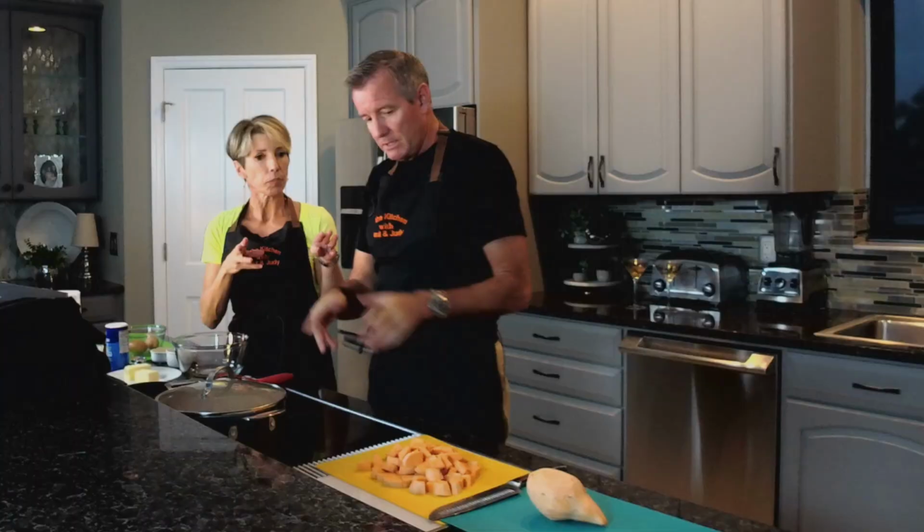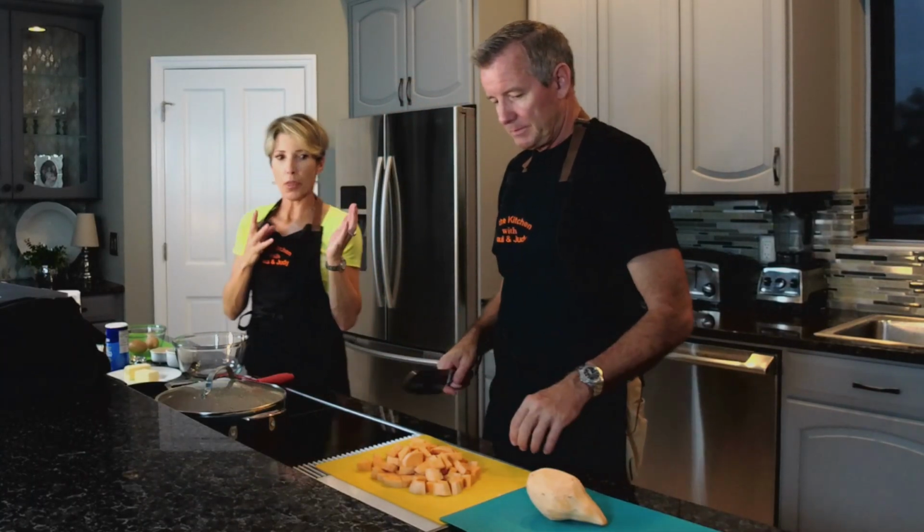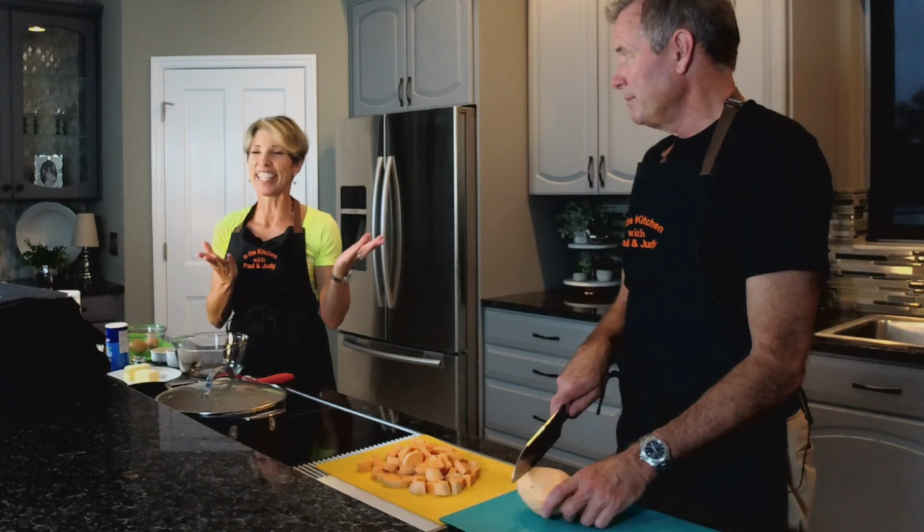By the way, you've peeled. I peeled some of them. And you've chopped. I chopped. So while he chops the third and final yam or sweet potato, I'm not sure which is which. I think it's fancier to call it a yam, but I'm pretty sure they're the same thing. But while he's doing that, I figure I might ask you if you would do us a favor,